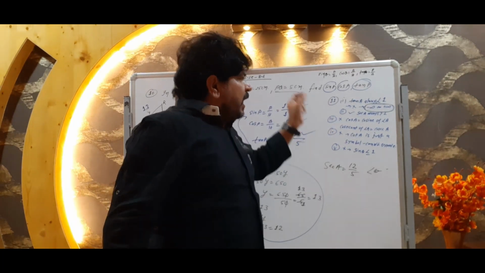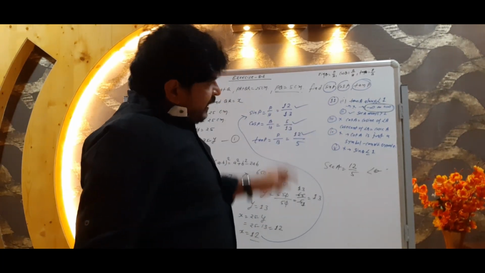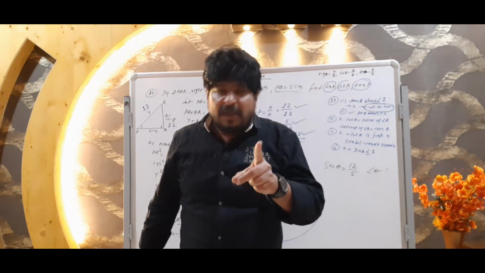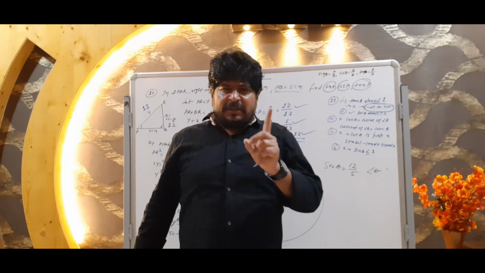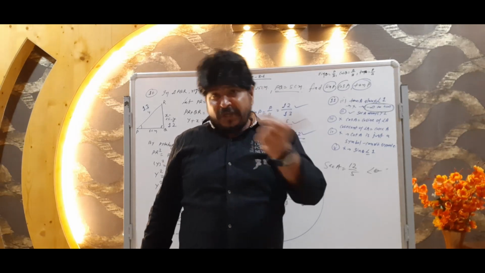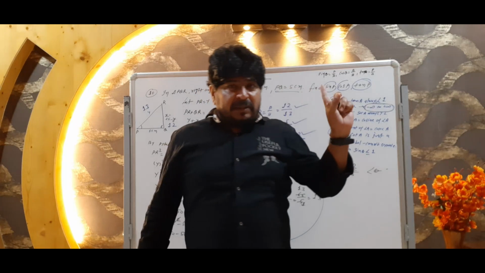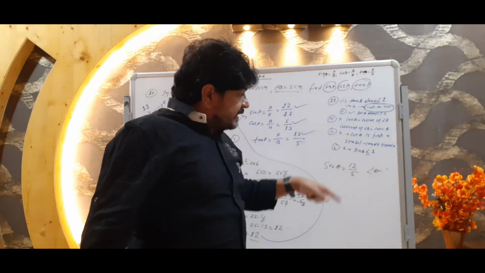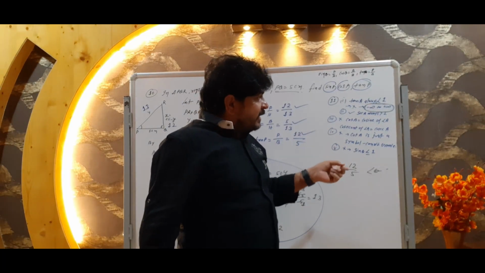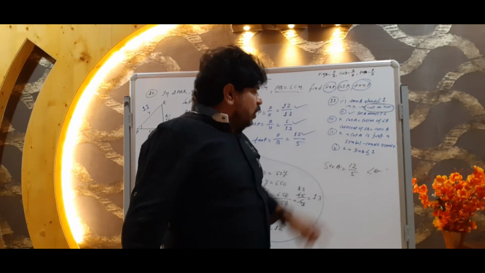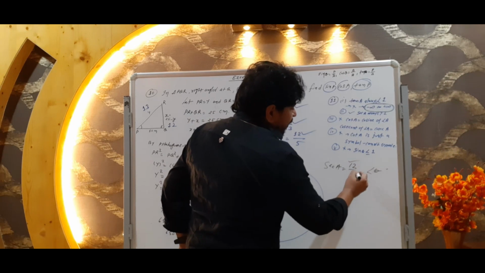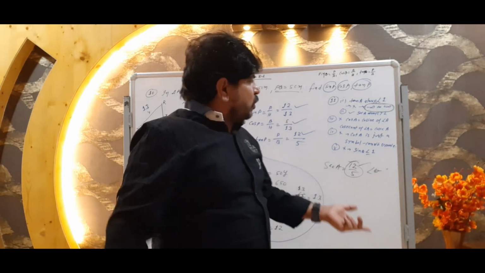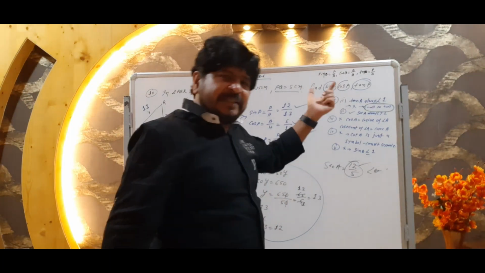It is absolutely correct. The reason is very simple: sec A is always greater than 1. Sin is less than 1, remember, but here we are discussing sec, so it is always greater than 1. Here, if it is saying 12 upon 5, and we divide 12 by 5, then it is greater than 1. So this particular statement is correct.